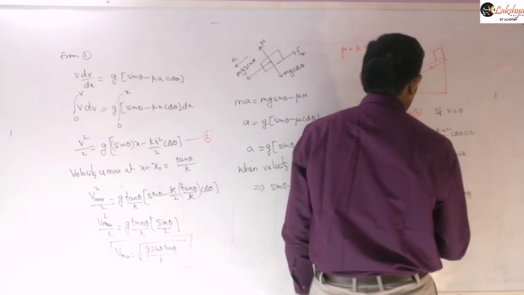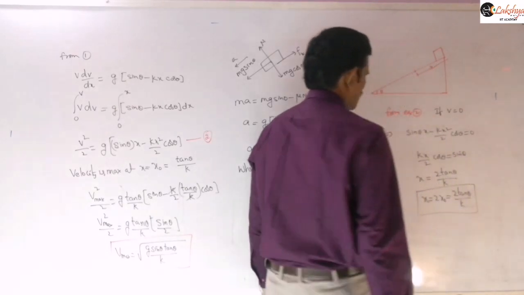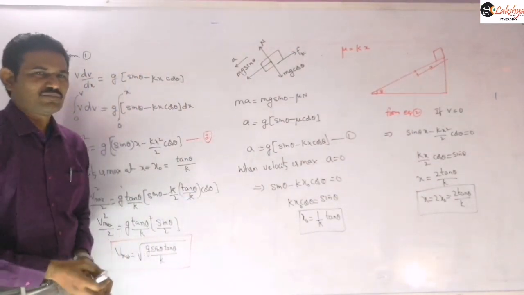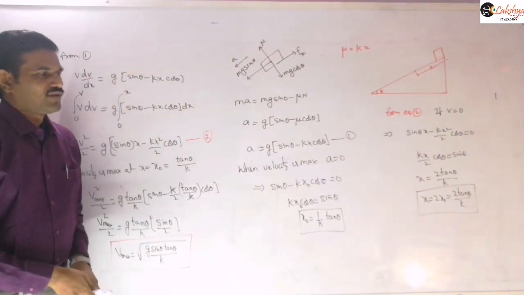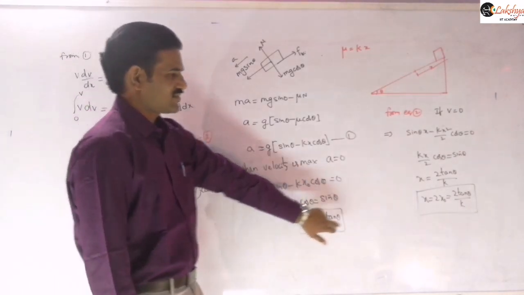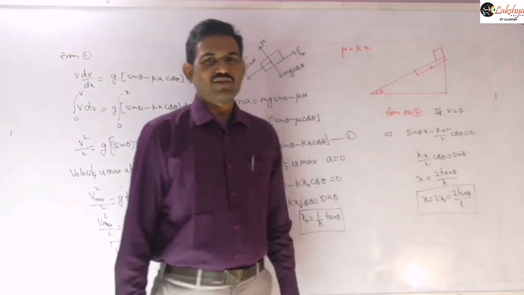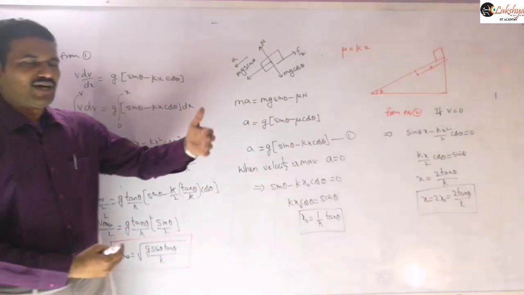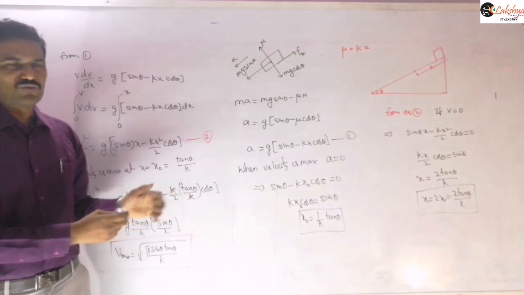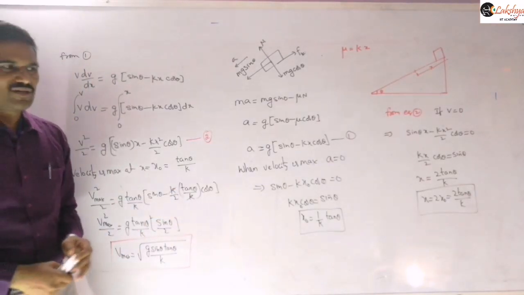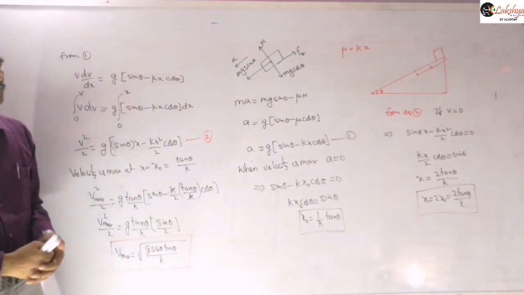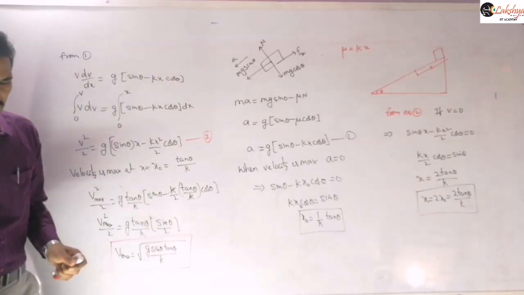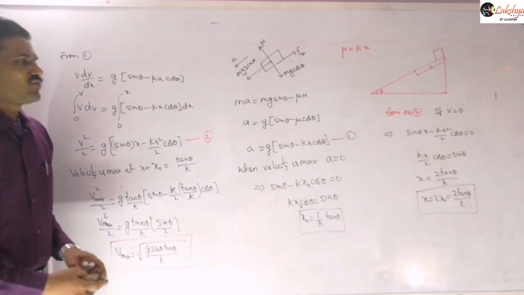That means where the particle reaches the equilibrium position, then double that distance is where the particle will come to rest there. That means x naught is the equilibrium distance and 2x naught is the distance where it will come to rest. So half of this distance it will be in accelerating motion and the remaining half it will be in decelerating motion. That will be the situation here, right? So that is the case when variable coefficients of friction are given. So if variable coefficients of friction are given, you can calculate this problem like this.